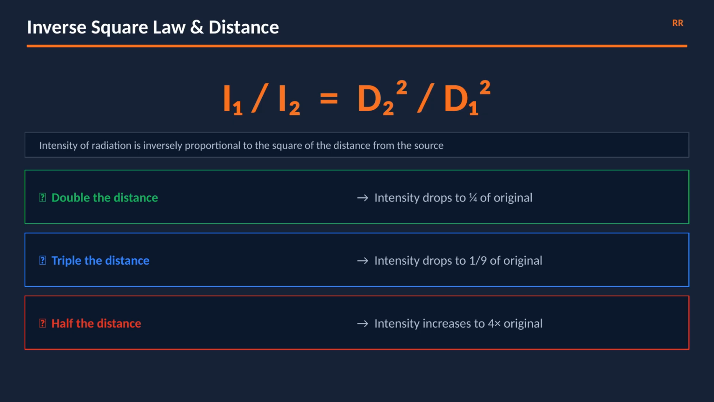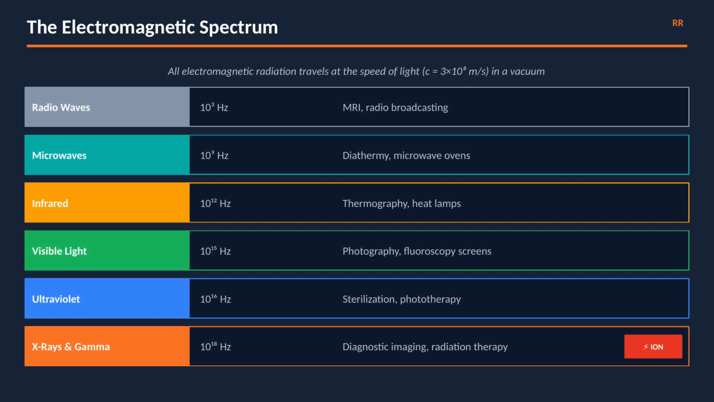This is why distance is the single, most practical radiation protection tool available to the radiographer. Every foot of additional distance during a portable exposure meaningfully reduces your occupational dose. Use the full length of your exposure cord. Every time. X-rays are part of the electromagnetic spectrum, a range of energy forms that all travel at the speed